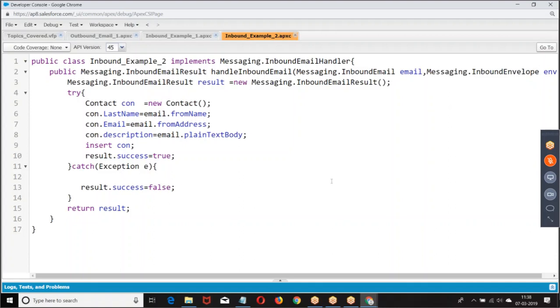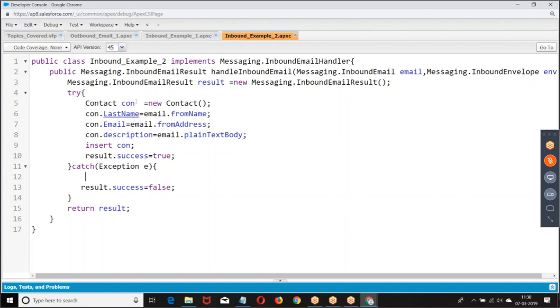Listen to the format. With the data from the email, I created a case. In the email, if you send any files, I want to take those files and create attachments. Are you getting my point here? The email you send is a case. The files you attach, I want to create them as attachments in the record.